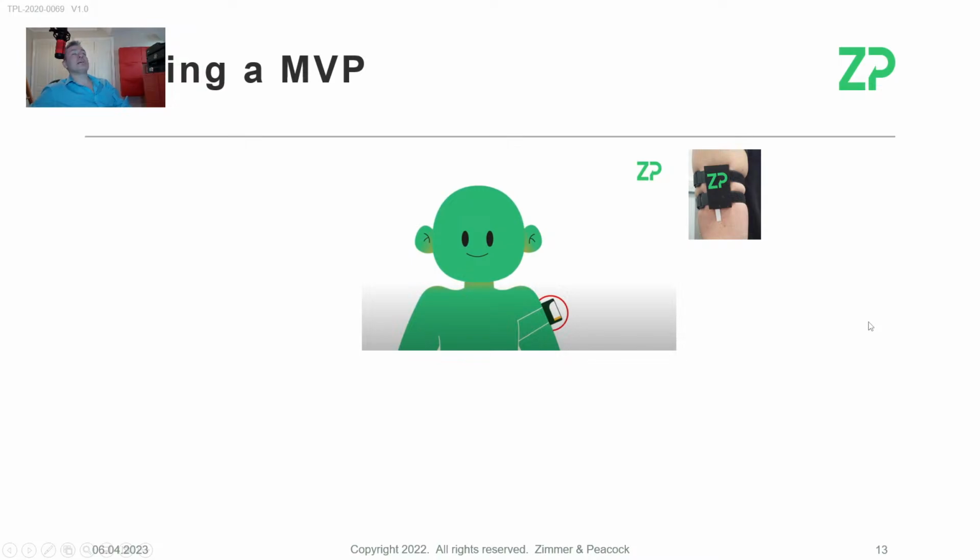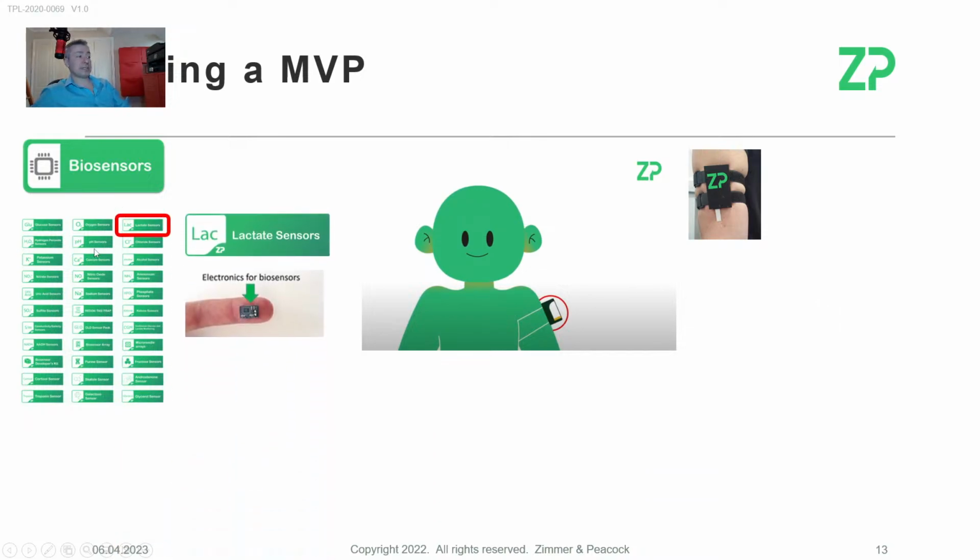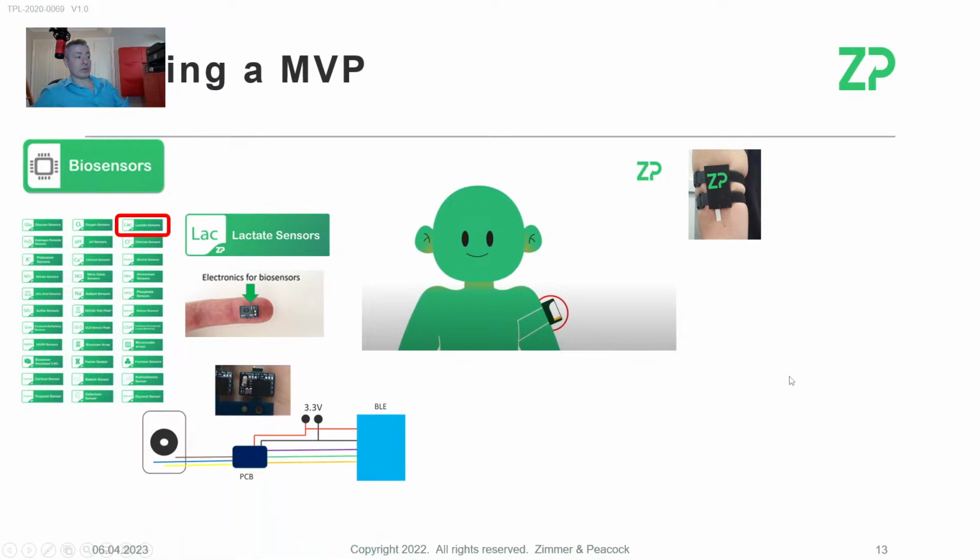What we're quite good at at ZP is also what we call MVP, minimally viable products. We do have a whole bunch of biosensors on our website, from glucose, testosterone, lactate, cortisol. We're really good at at least getting them onto the human being. Sometimes the quality of the data is a problem, because once you start wearing sensors, you get all sorts of artifacts in your data. But we're pretty good at translating our sensors into what we call MVP, minimally viable products, putting the kind of support engineering like Bluetooth around there, doing the app development,